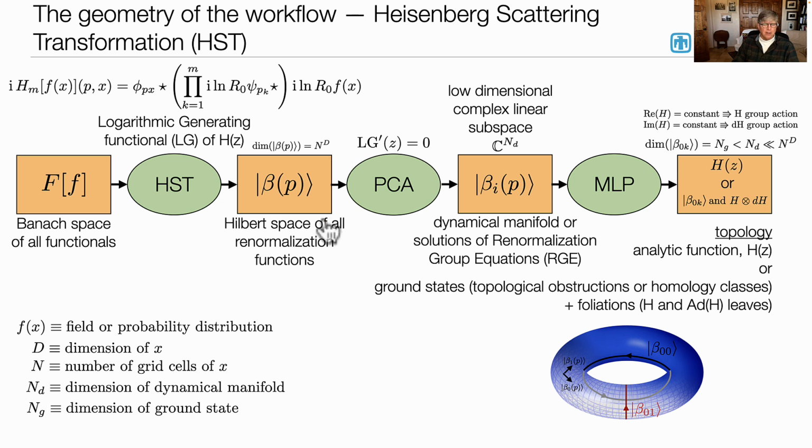Since this is a logarithmic generating function, the equation for the evolution is that the first derivative is equal to 0, or that you're going to be confined to a complex hyperplane, a low-dimensional C to the n sub d, okay? And I'll talk a bit about what n sub d is, but you can think of it as just